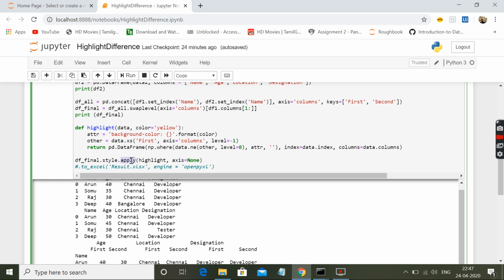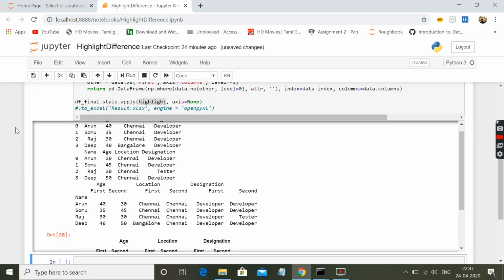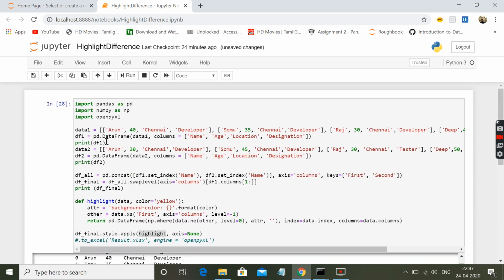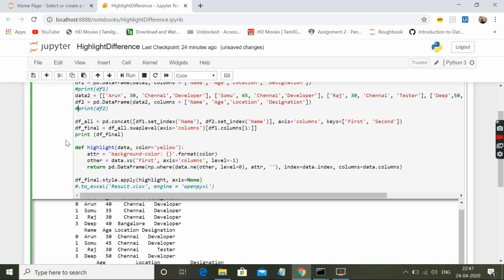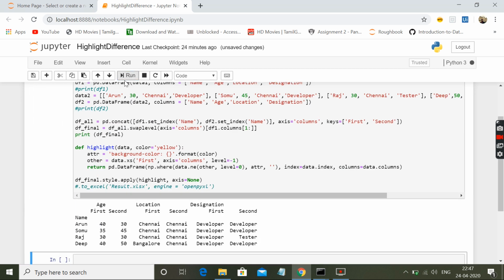But I've used the dot apply method, and I've called my method over here. I will quickly run and show you something. Now the data looks clumsy because I have printed my two data frames. I will comment this out for better readability.